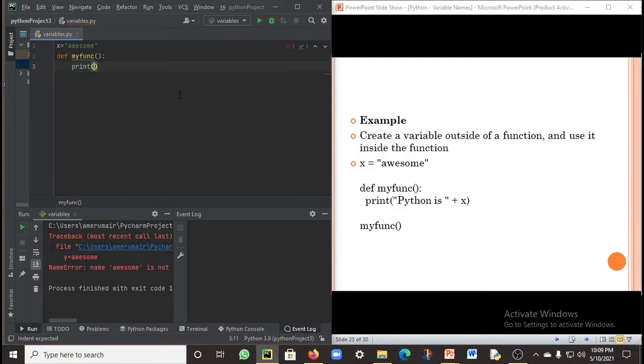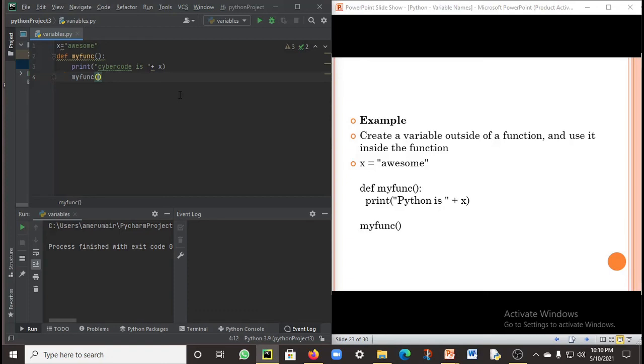Print cybercode is plus x, my function. So let me see if this works.